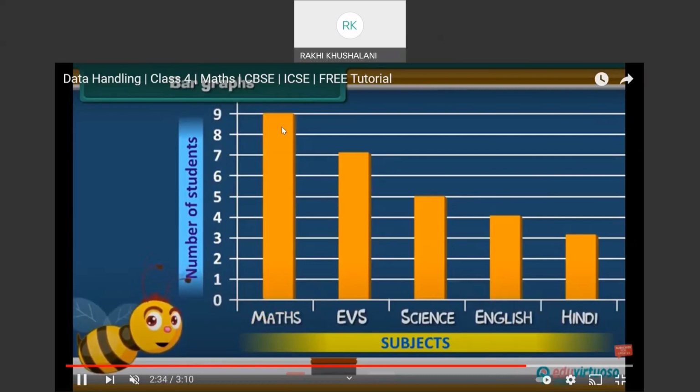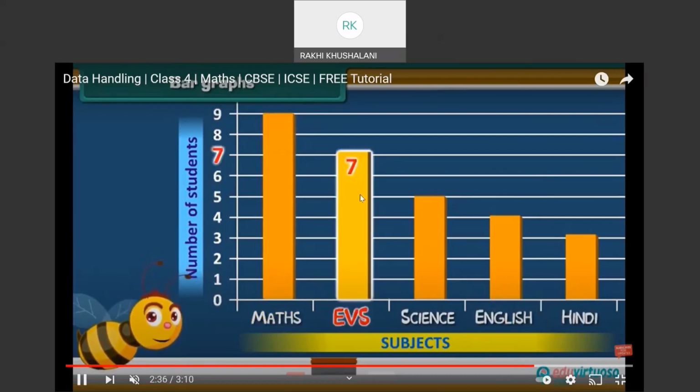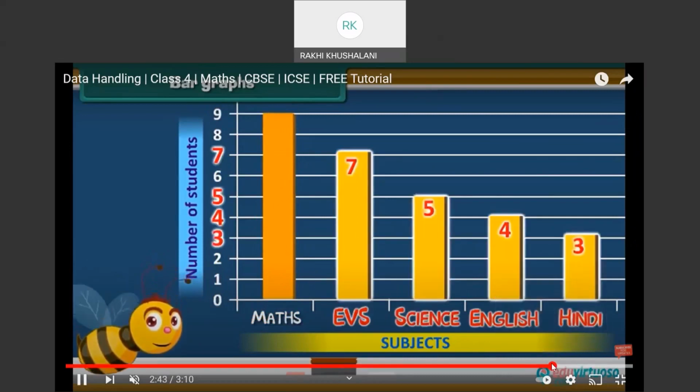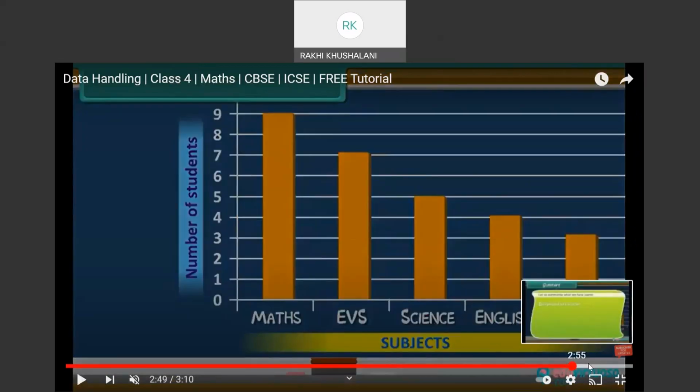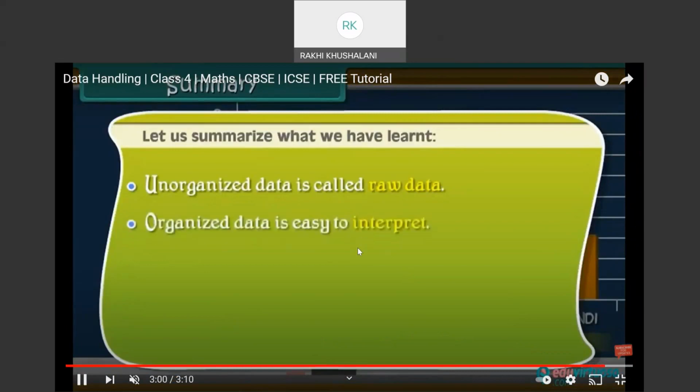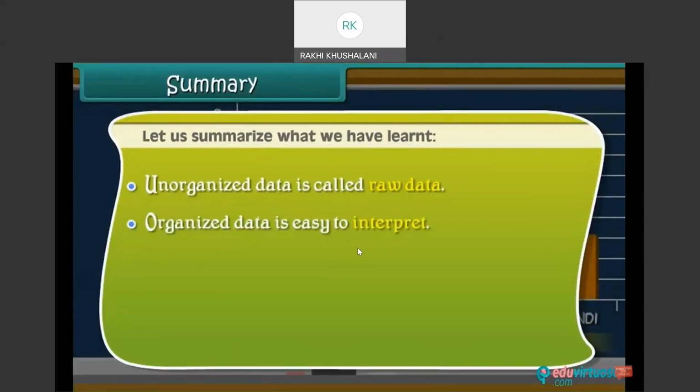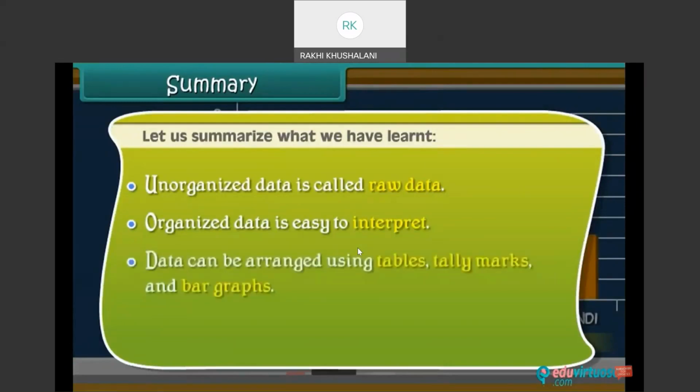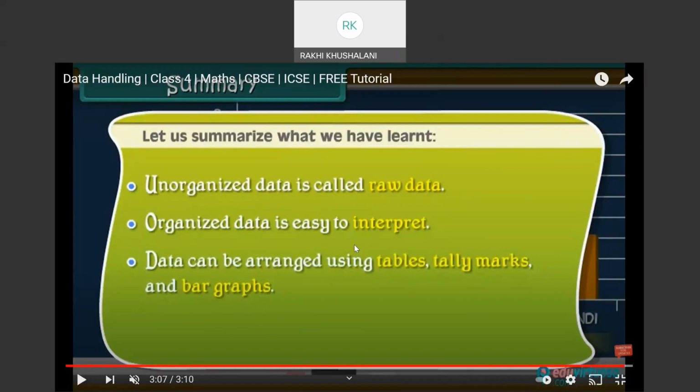This is individually called as a bar. Okay. And every bar stands on a number and which gives you an account of the number of students. Let us summarize. Unorganized data or information is called as raw data. Organized data is easy to interpret. Data can be arranged using tables, tally marks, and bar graphs, and of course pie chart that we will be learning a little later in the same concepts. But right now what I showed you is tables, tally marks, and bar graph. And also